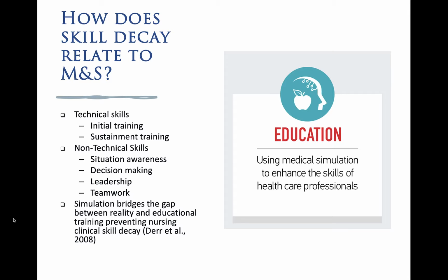Now, the non-technical skills such as decision-making, situation awareness, team working, and leadership are used to underpin the technical skills required for safe and effective practice. Despite high numbers of adverse incidents in healthcare, non-technical skills are not yet widely taught in medical curriculum. Additionally, raters need considerable training to assess and rate behaviors using a behavior rating system. Simulation provides the ideal setting in which to examine individual or team skills, especially under stress, like during a mass